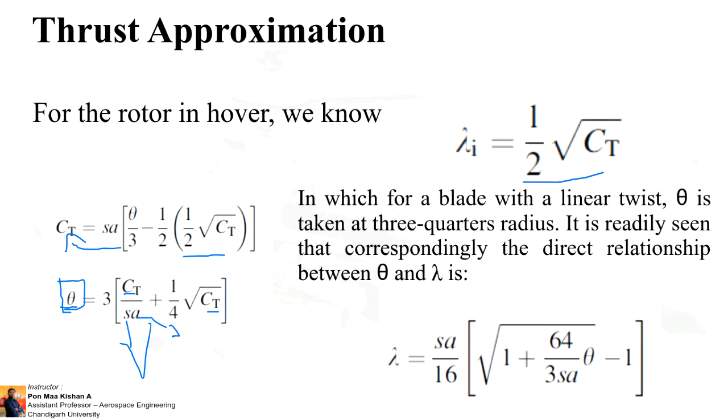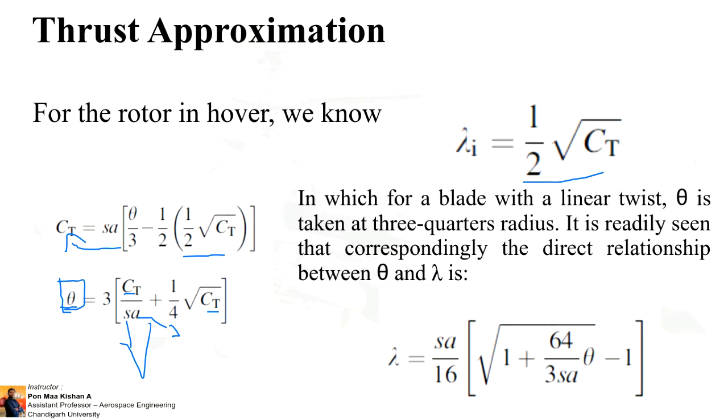Suppose you are building an RC helicopter and you want to sell it, and they ask at what pitch they should maintain to hover the helicopter, you have to include that in your manual. I'm just saying this for an RC aircraft, but even when Boeing's Chinook came, there was a manual at that time also, describing how the pilot can fly the helicopter. They give these types of settings: how much thrust is required, how much pitch angle is required, so that the helicopter can hover in the air.